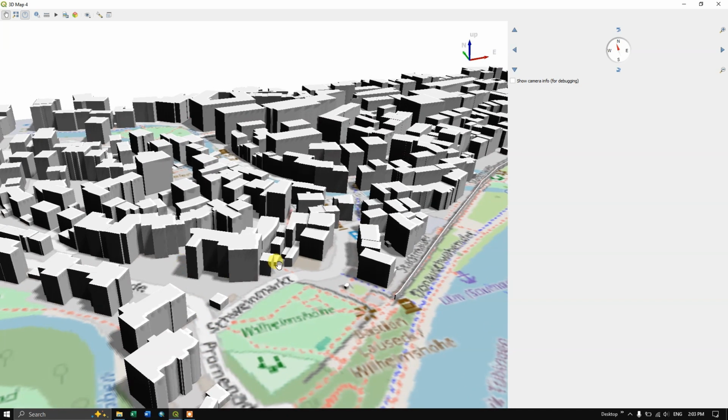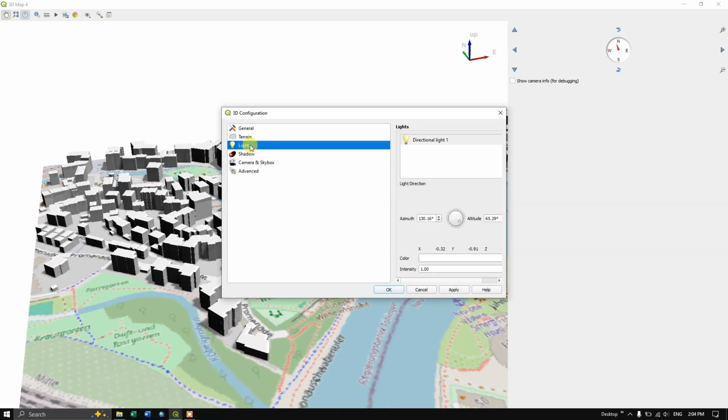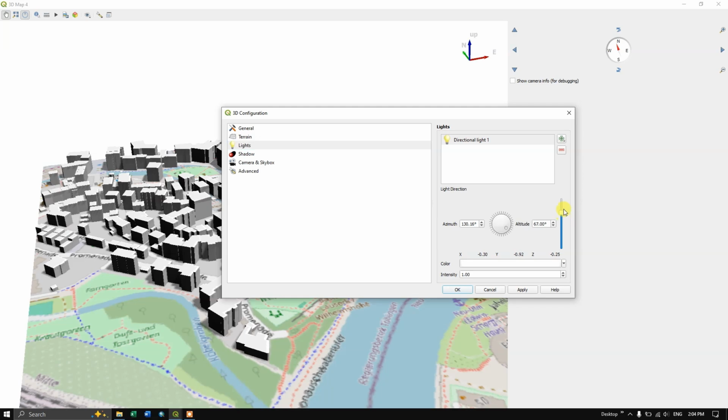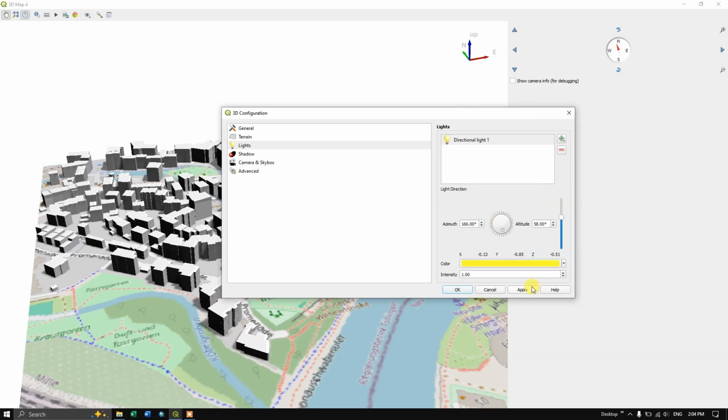Shadows you can configure. So like this, you can also add the light. Configure. Here you can add the light. You can choose the direction, at what height, some elevation here, and the angle of the light. You can change it using this option. You can also give some colors for this light. You can apply.